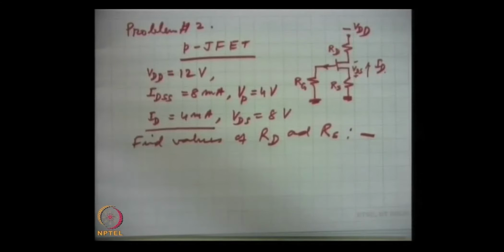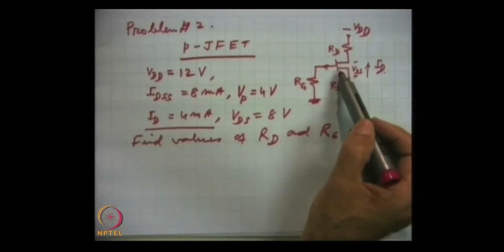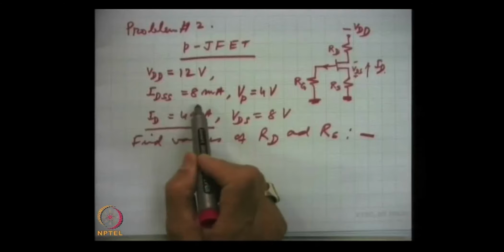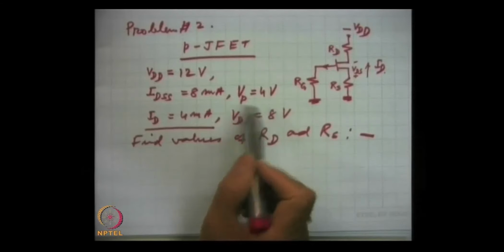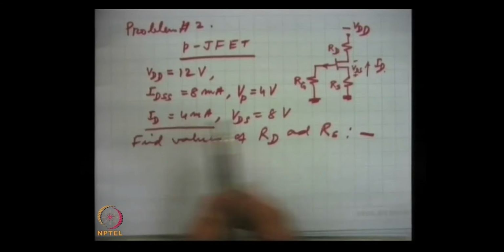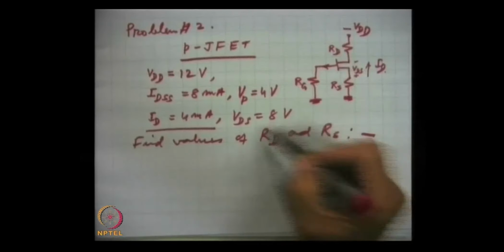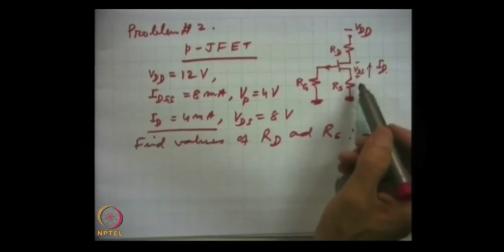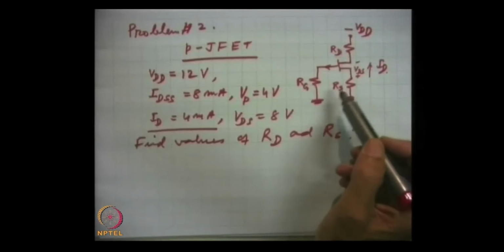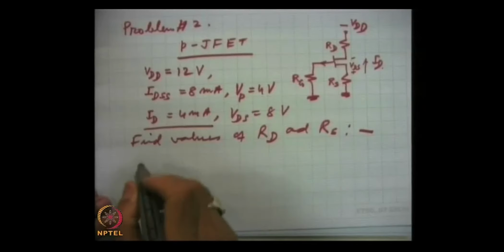This is the problem. Here this is the circuit, and this is a P JFET which has IDSS as 8 milliampere and VP as 4 volts. In the circuit, this battery is 12 volts, and the drain current of 4 milliamperes gives a voltage drop of 8 volts here. So, what is the value of these two resistors RS and RD that we have to find out. So, the solution of this,